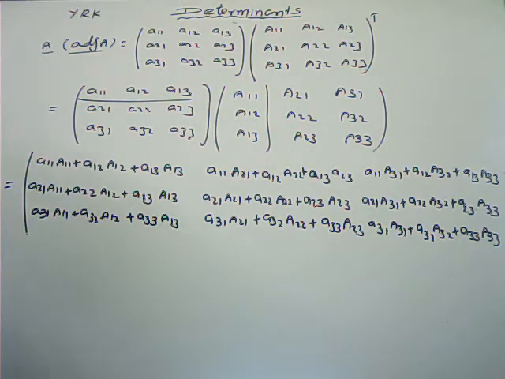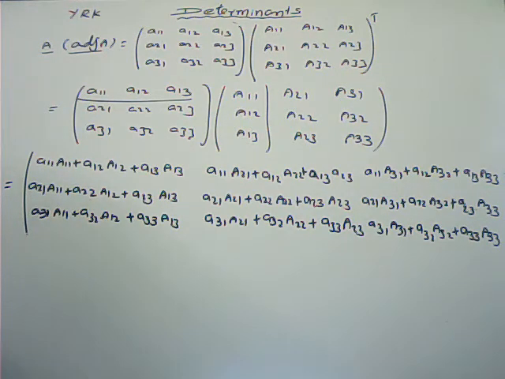So multiplying the two matrices, we can get this one. Here a third row, third column element like that. And just now I proved that one also. What is the determinant of the square matrix? The sum of the product of the elements of any row or column with their corresponding cofactors. That is, we said determinant of the square matrix.